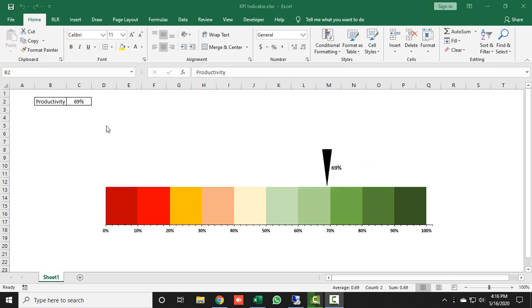All right, let's change the productivity and see how the needle is moving on these slices with their data level. Let's say I'm taking 45% this time, so you can see the needle is on 45%. Let's say I'm taking 91% this time, so you can see it is on 91%. So this is an amazing and unique technique to make your MIS report, client report, and journal dashboard report more productive and more beautiful. All right, so before wasting any extra time, let's go to our new worksheet and learn how we can create this.